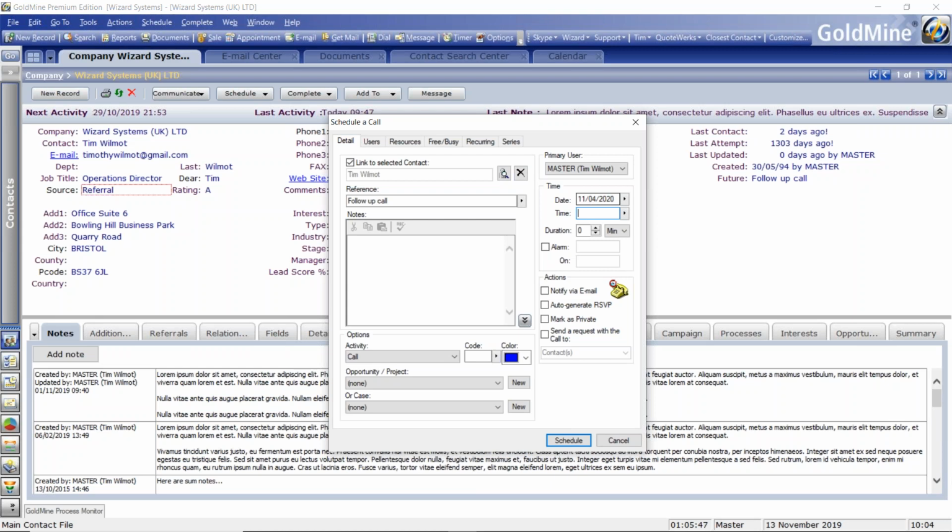Now, the next tip is in the time box. Of course, you can type in there or select from the drop-down list these different times that you want this activity to be scheduled for. But it is also possible to put in a priority there. So if I type in an A, notice that the time label has just suddenly disappeared, and now it's a priority. So I can have priority A calls, priority B calls, C calls, and